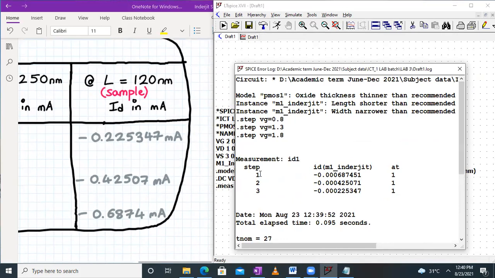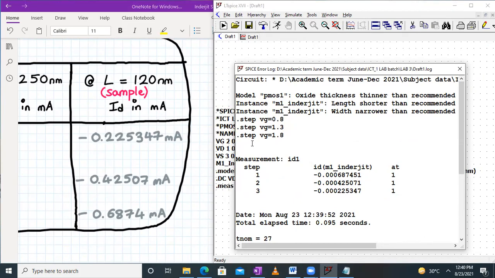Now note down the value of drain current at Vg equal to 0.8, which is around 0.00068741, the same as 0.6874 milliamperes. Now the value of the drain current at Vg equal to 1.3 is 0.042507 milliamperes.